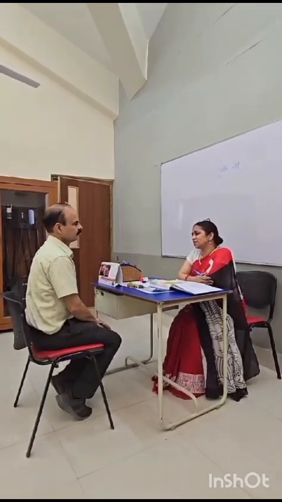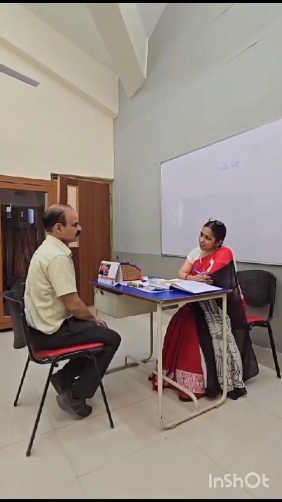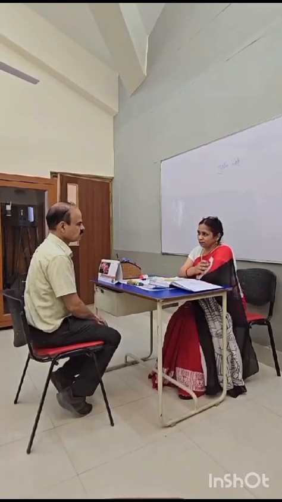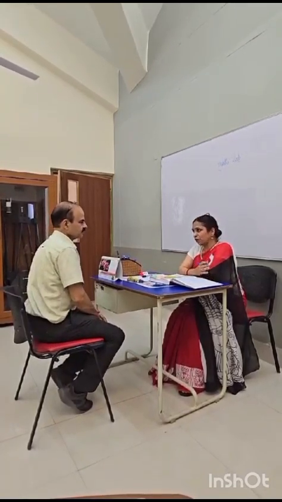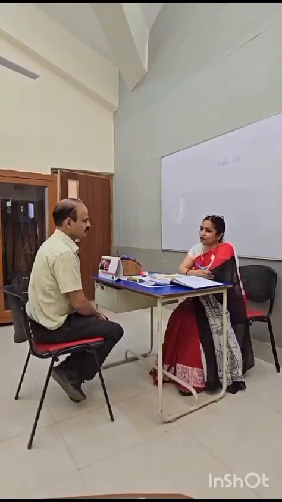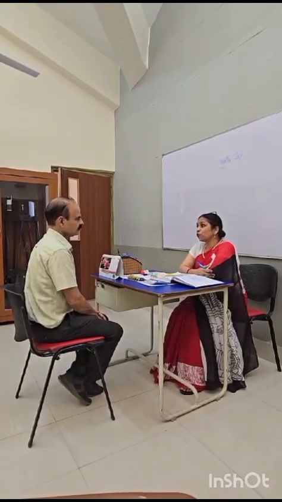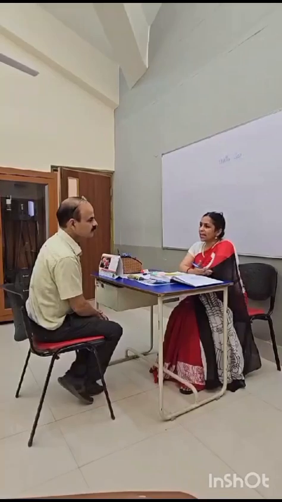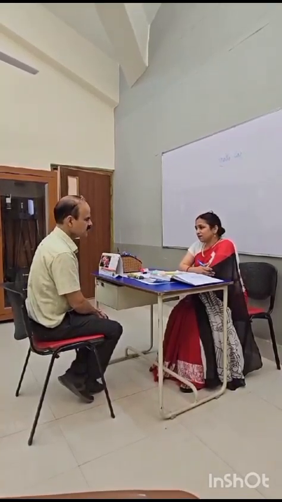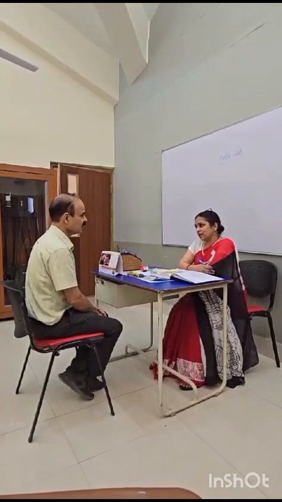Actually, what happened yesterday in class 7, I was teaching them Pythagoras property. So there I was telling them that if you know the length of two sides, you can measure the third side or the height of the object, anything which is given to you. After that, one of my students asked me, ma'am, is it possible to find the height of an object if you don't know the sides? The object can be a tree or building or anything like that. Yes, we can measure that, ma'am, but one side should be known. One side and one angle should be known.